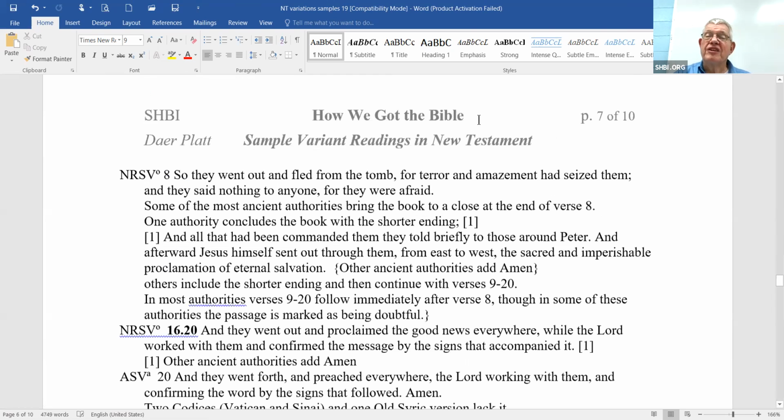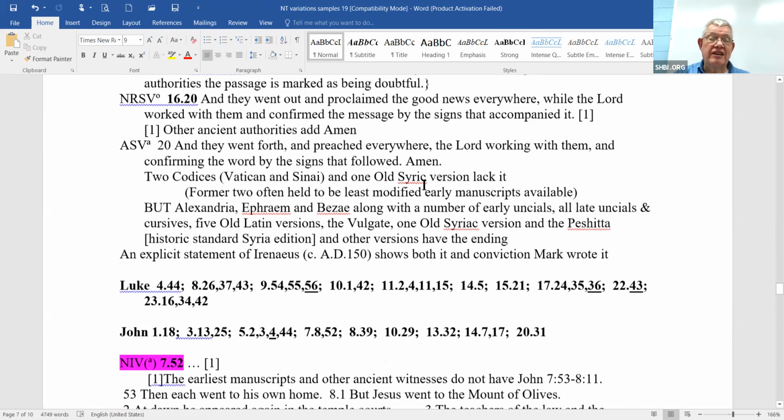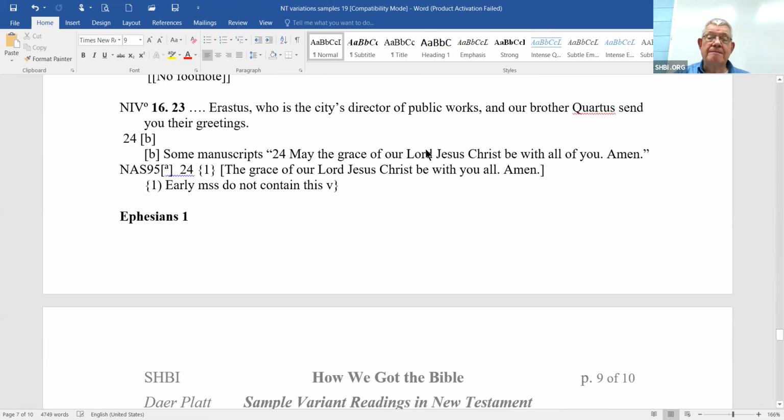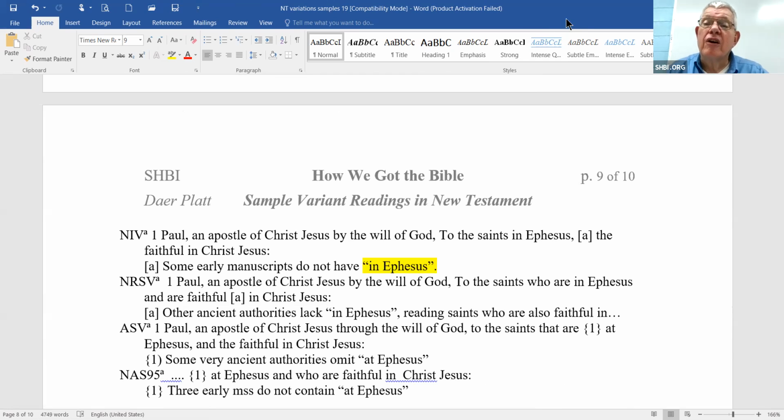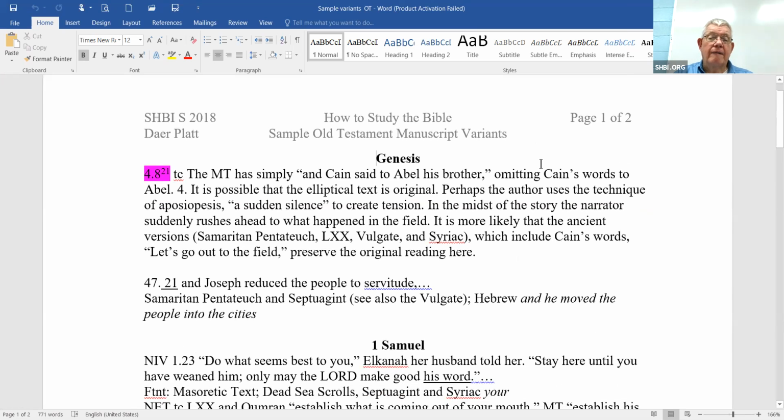If there's no other particular question anybody wants to raise on one of these passages in the New Testament, let me take you over to the one in the Old Testament. Now let's see if we can find that one. Here it is. And you see much the same kind of thing, except here we do have, in a few cases, intriguing things,